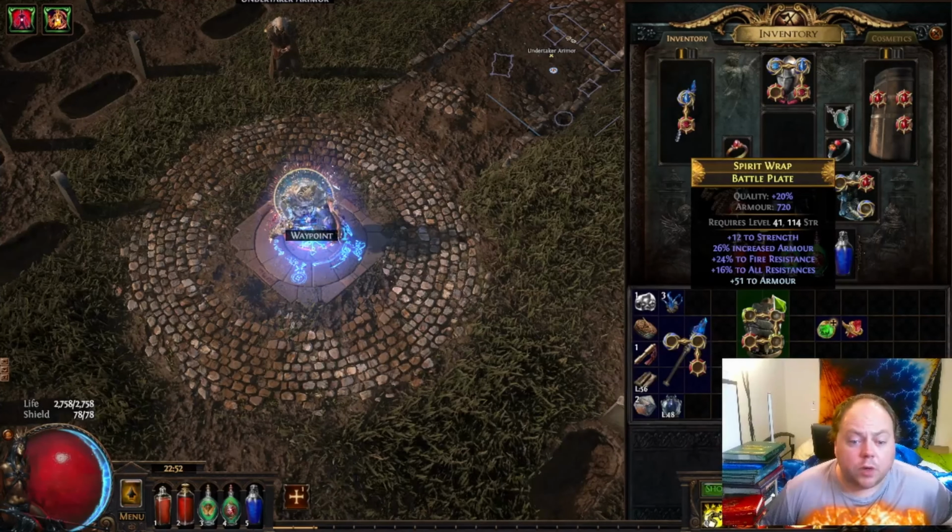I can see myself continuing to use Spirit Wrap Battle Plate for a while. That 16% to all resistances does include Chaos, so it's a little bit stronger than it might even look. And this is a very serviceable item through the act and also into early endgame, although it's certainly not forever gear. But that 16% to all resistances is one of the Haunted Modifiers we're going to be talking about in